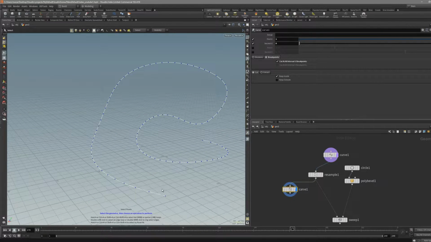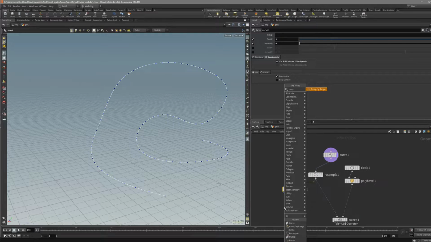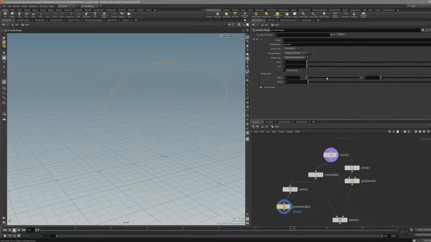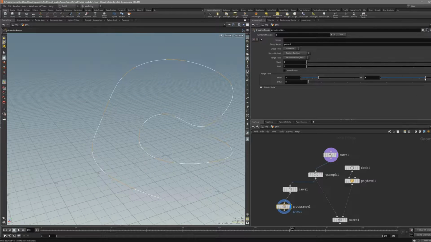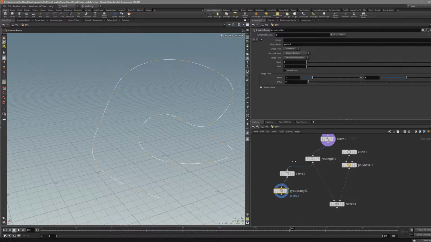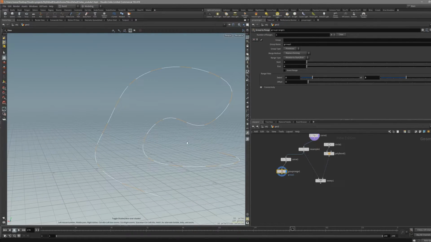curve in the integrals. So basically every one of these is its own shape, and then put down group by range, and now we can select how many we want to select, maybe 2, okay, 3. We can just play around with this, something like that, and of course you can control the offset. So basically this is our selection,